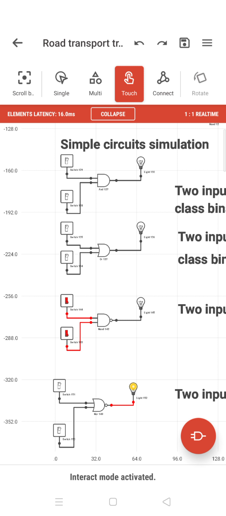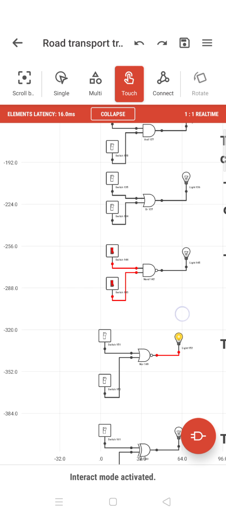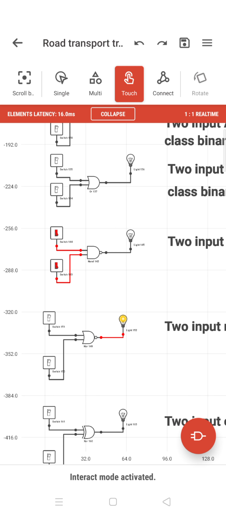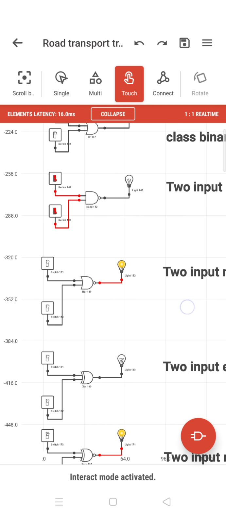Okay, if both are 1, when you have signals on both the inputs, you get a 0, so the light is off. Okay, this is called a NAND circuit. These things will be used later, how to use them, those things will be there. So this is a 2-input NAND gate. Okay, that kind of thing.